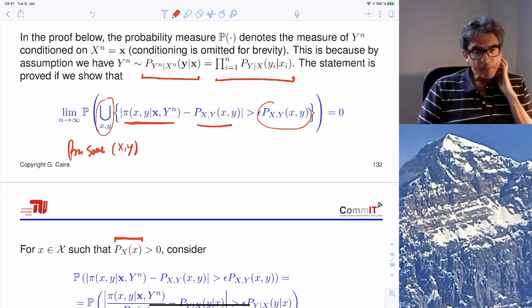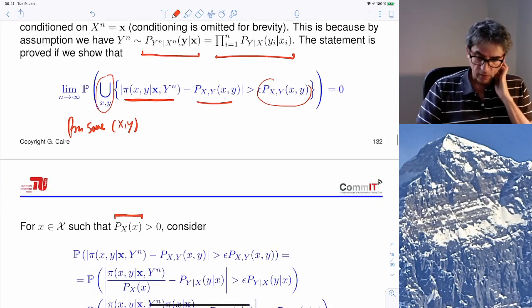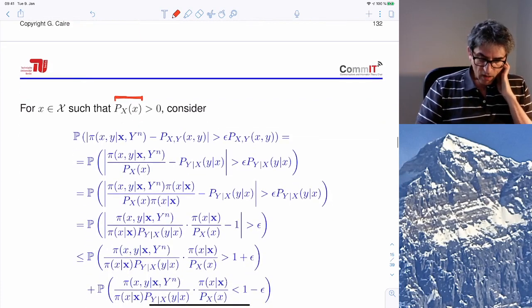This letter will never appear, and so we can exclude this case from this union, because this will be an event of measure 0. Okay, so without loss of generality, we pick a letter that can appear with positive probability, and then we consider